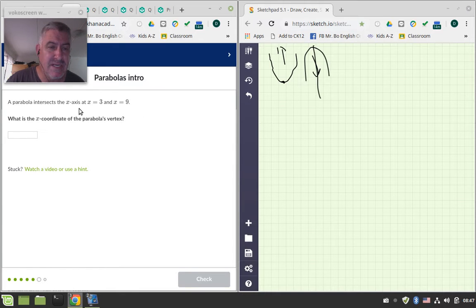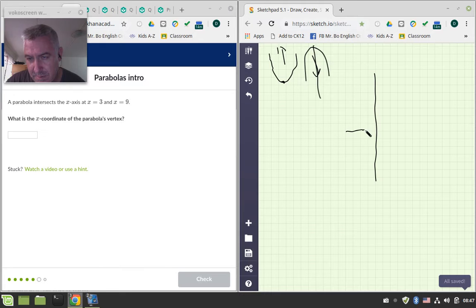A parabola intersects the x-axis at x equals 3 and x equals 9. So let's see. I got a new pen here, so I'm going to do my best. No ruler or anything on the computer, right? Okay, so I have x equals 3 and 4, 5, 6, 7, 8, 9. Okay, so here are my two